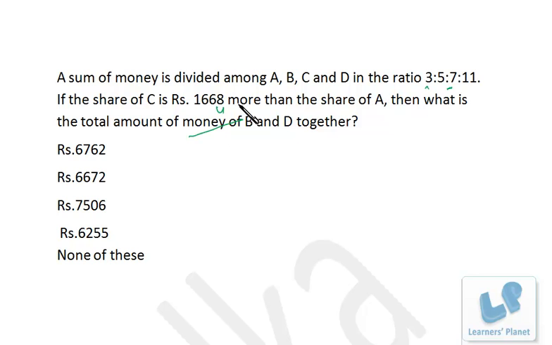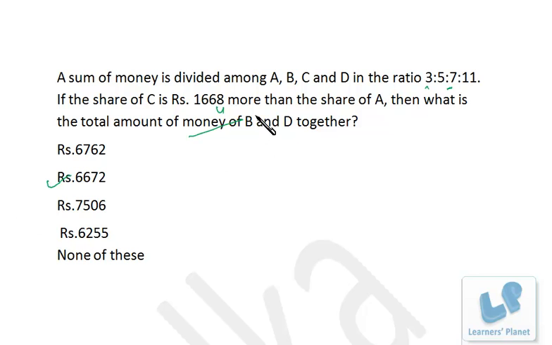So the unit digit must be 2. An approximate idea you can get: 1600 into 4, that is 6400, plus I assume this 68 to be 70. So 70 into 4 is 280, right? So 6400 plus 280, that is 6680. So that's closer to this, right? Because we have increased this 68 to 70, so 2 into 4, 8, is added extra. So 6682 is the correct choice. No need to go for any sort of paperwork.